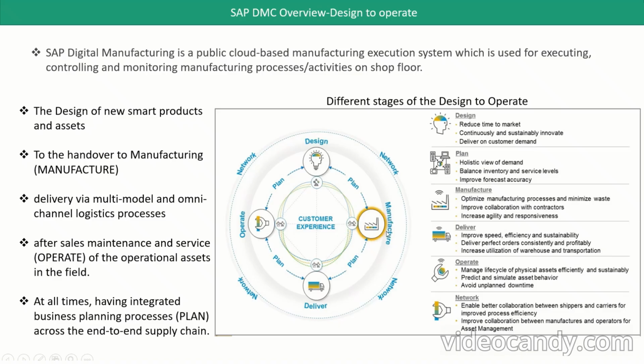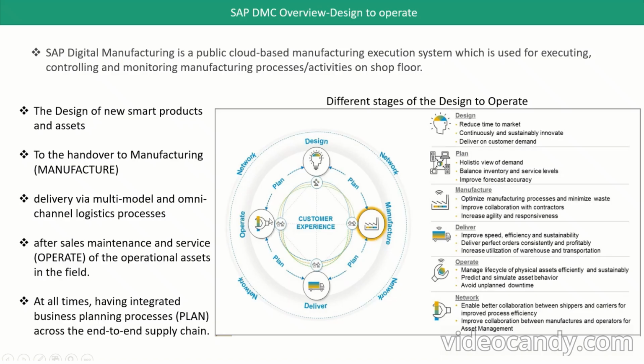This is the part where SAP Digital Manufacturing, SAP DM, comes in, and all the steps that need to be performed for product manufacturing will be executed in the Digital Manufacturing on cloud application, the MES application. Then the product will go to inventory, and then it will be delivered by multi-modal omni-channel logistics processes to